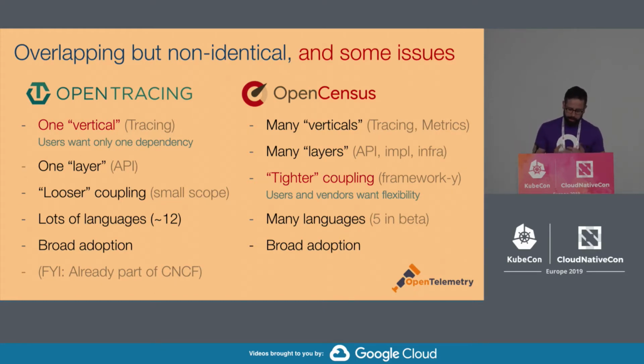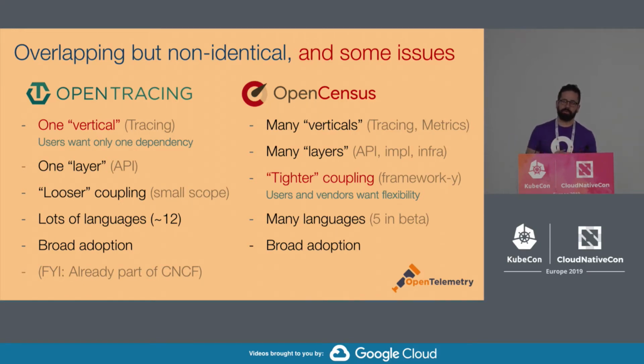The two approaches have some advantages, some disadvantages. When it comes to OpenTracing in particular, by focusing just on tracing, it doesn't solve the full telemetry problem. So even if somebody were to instrument with OpenTracing, they would still have to use a different library or a different API for instrumenting for metrics and logs. OpenCensus tried to solve this by doing both at the same time and providing good correlation across them, but the coupling in OpenCensus was maybe too tight for certain use cases.